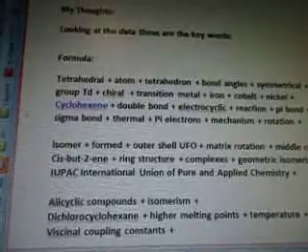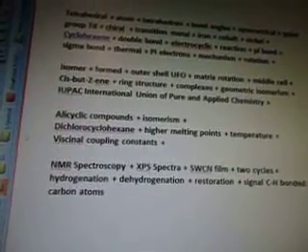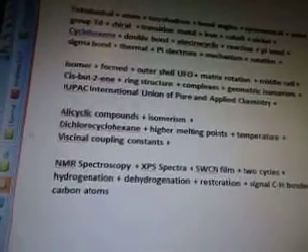My thoughts. Looking at the data, these are the keywords. Formula: tetrahedral plus atom plus tetrahedron plus bond angles plus symmetrical plus point group Td plus chiral plus transition metal plus iron plus cobalt plus nickel plus cyclohexene plus double bond plus electrocyclic plus reaction plus pi bond plus sigma bond plus thermal plus pi electrons plus mechanism plus rotation plus isomer plus formed plus outer shell UFO plus matrix rotation plus middle cell plus cis butene, almost like butene there, plus ring structure plus complexes plus geometric isomerism plus IUPAC, International Union of Pure and Applied Chemistry, plus LSF compounds plus isomerism plus